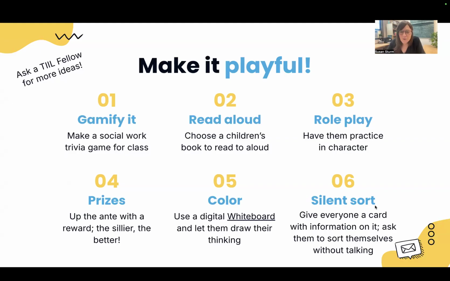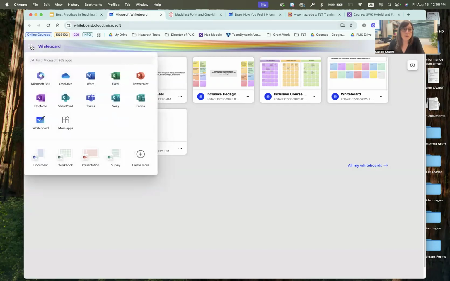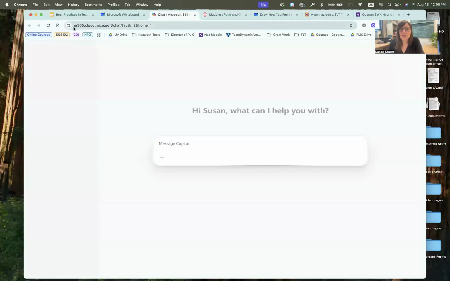Use color. So this is a tool that I just discovered recently. It's called Whiteboard, and you all have access to Whiteboard through Microsoft 365. So if you go to Microsoft 365 and you log in with your Nazareth ID, everyone at NAZ, faculty, staff, students, all has access to the basic suite of cloud tools. And one of them is this Whiteboard. So if I go back to Microsoft 365 here, I can show you. So it's